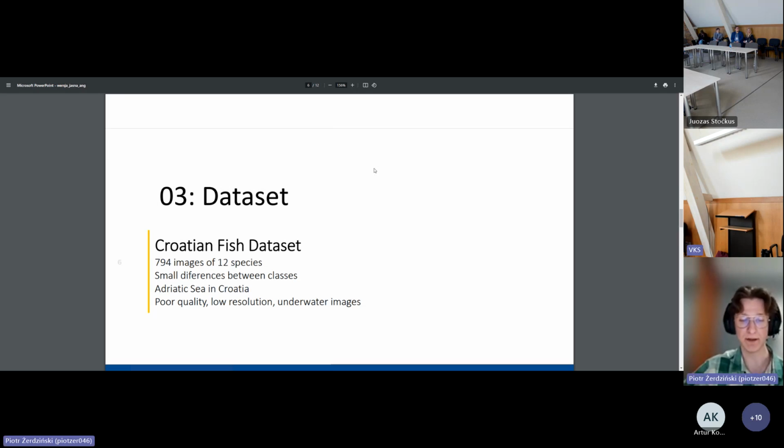The dataset concentrates all the potential problems one might encounter while attempting to classify this type of images. We have a small dataset with imbalanced class distribution. The images are of poor quality and often very small and lacking any details. Additionally, there are issues related to the nature of underwater photography. Working on images taken underwater, we are forced to solve problems caused by the quality of the analyzed images: noise, discoloration, and distortions.